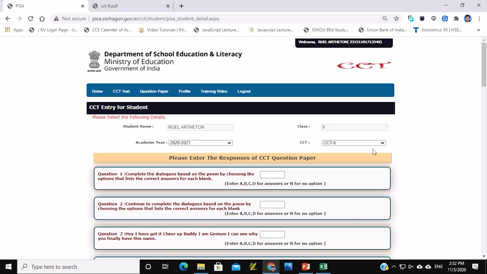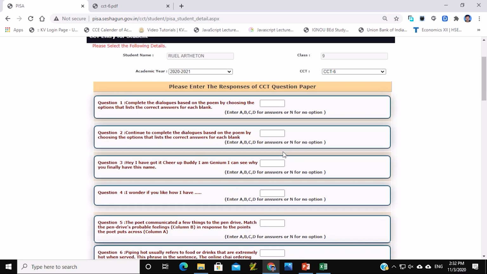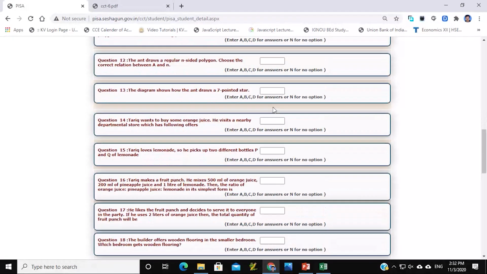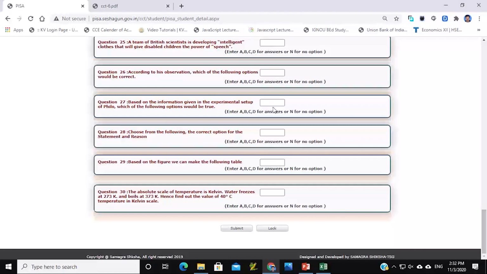It will load. Okay, so now it has given. What you have to do, you have to enter ABCD for answers or N for no option. Okay, so this complete you have to fill, and once you are filled, you have to click on submit.